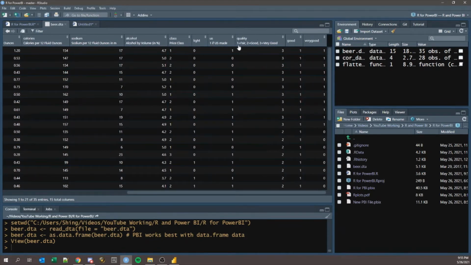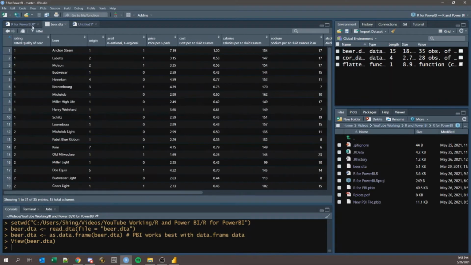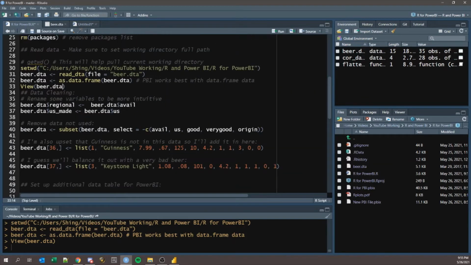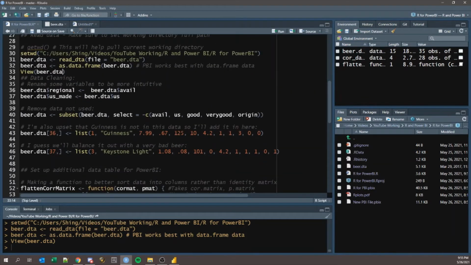We have the quality, which 1 is fair, 2 is good, 3 is very good, similar to the rating on the first column. Then we also have this good and very good, which is just a dichotomous variable to indicate those two kinds. But let's say that when we're going through our data cleaning practice, we don't really need all of those variables. What we'll do is we'll first rename some of the